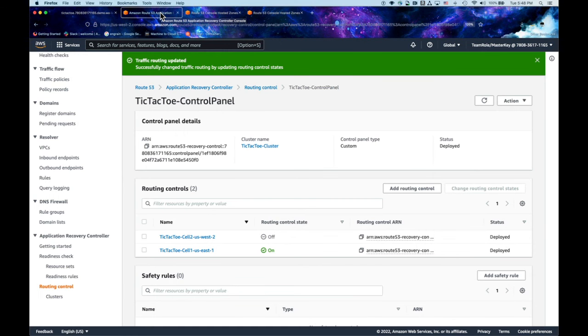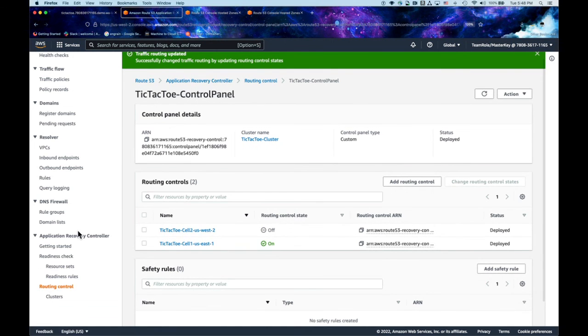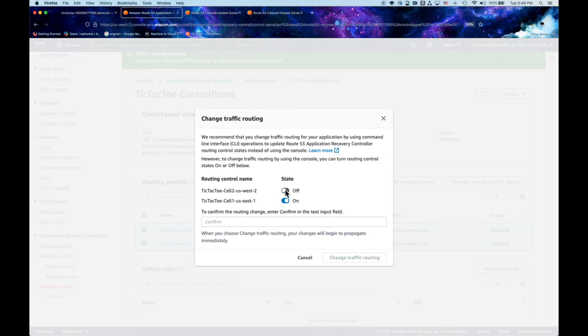So, like Miguel mentioned, we were on US East 1. That's where we started our game. And this is going to be just as easy now that we've got all that good stuff set up in Route 53 against our DNS records and associated to our controls. I'm gonna come up here to Application Recovery Controller, click on my routing controls, and then in the panel, I'm just gonna go ahead and make that switch. So I'm gonna select both of these, change the routing control state, turn on US West 2, turn off US East 1, and confirm that action.